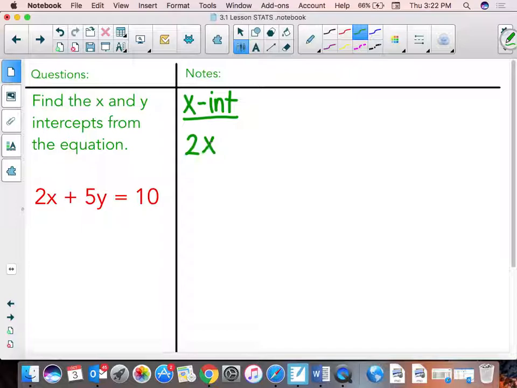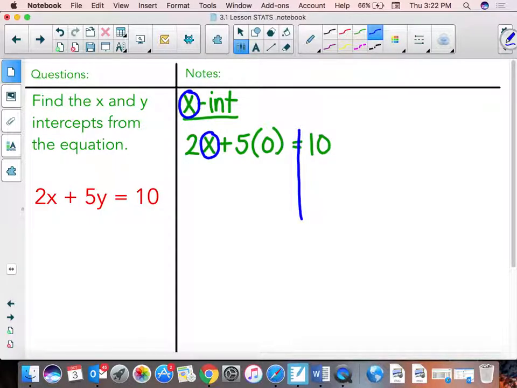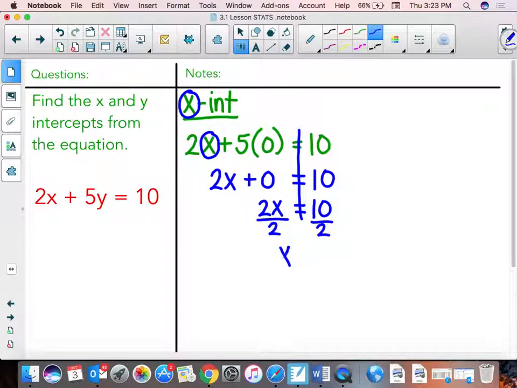So 2x plus 5 times 0 equals 10. So just think about it. If you're trying to find the x-intercept, you have to solve for x, which is exactly what we will do. All right, bring down the 2x. 5 times 0 is 0. I'm going to write that in this first one. I won't in the future. Obviously, we don't need the plus 0. So just write 2x. And then it's just a one-step equation. Divide by 2. And x equals